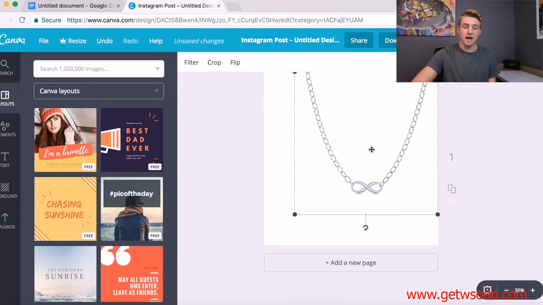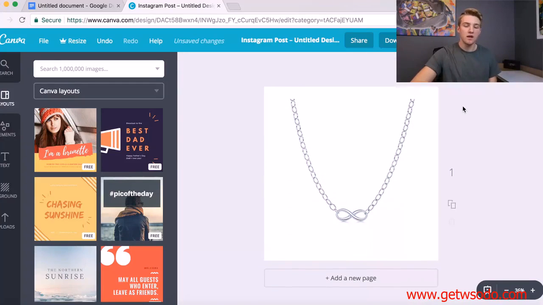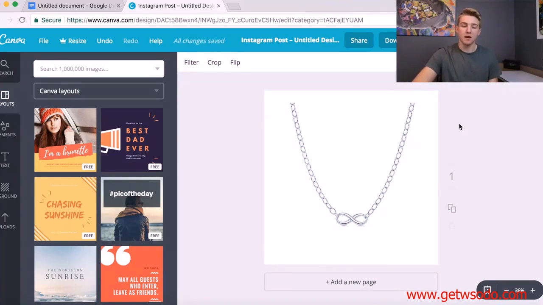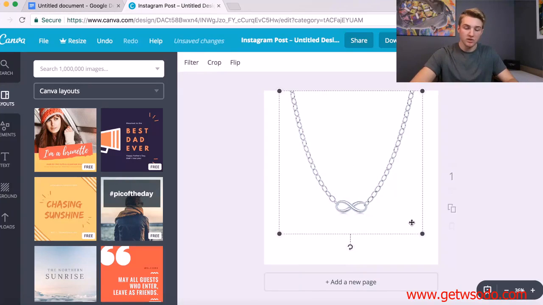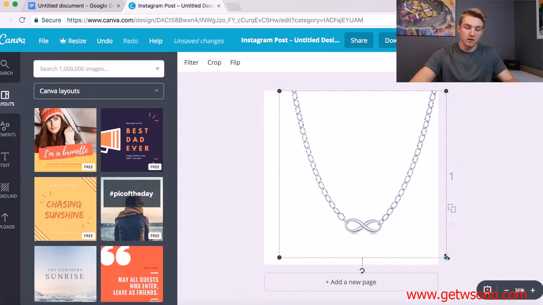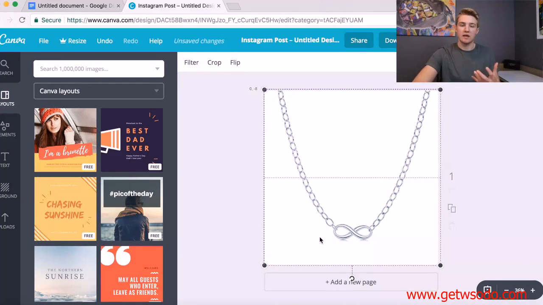Okay, so now that this is inside of here, I'm going to go ahead and size it. You're going to be able to position it where you want. Now, some aren't going to have a white background on white like this, so it might not be as simple. This one, as you can see, you have the chain links up top, so we have to make sure that it's not being cut off. We'll center it a little bit, maybe make it a little bit bigger. And the biggest thing I'm doing inside of here and that I want to really convey to you is how we're placing the text,